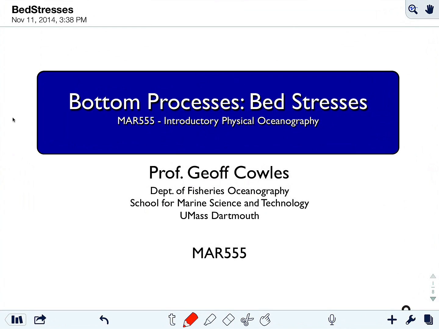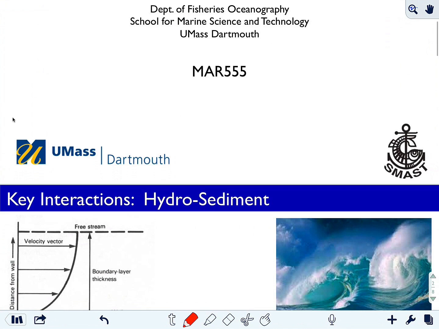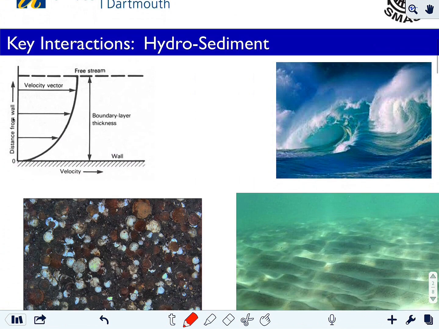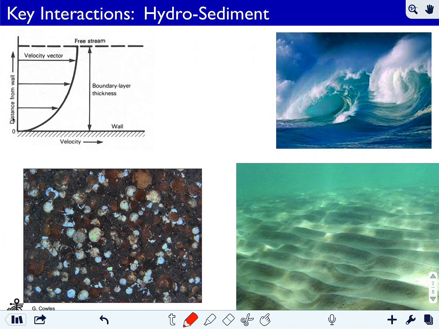This next video in the sequence of 3 bottom process tutorials is going to focus on stresses on the bed. So this is examining the computing the magnitude of hydrodynamic forcing that leads to sediment transport, or can lead to sediment transport. Again, I want to note that it is a true coupled problem between the hydrodynamics and the sediment, because the hydrodynamics from the currents, here we're looking at a boundary layer, and the wave-driven